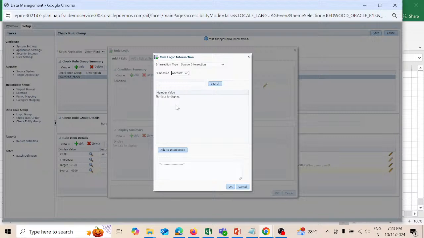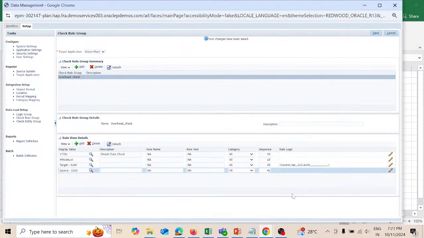I am not getting the members for source intersection. Anyhow, I will proceed further. So once I have given here the title, the mode list, and target, I've selected one of the account IDs, and also for the source I've selected the same account ID. I have shown you how the rule logic is created. We are unfortunately not able to create it for source, so I will click on save,